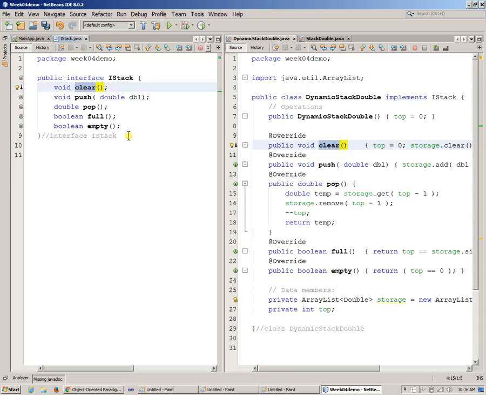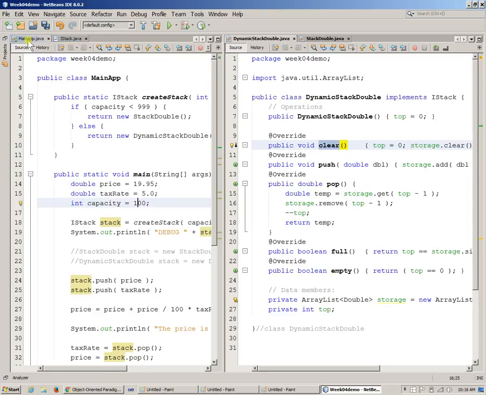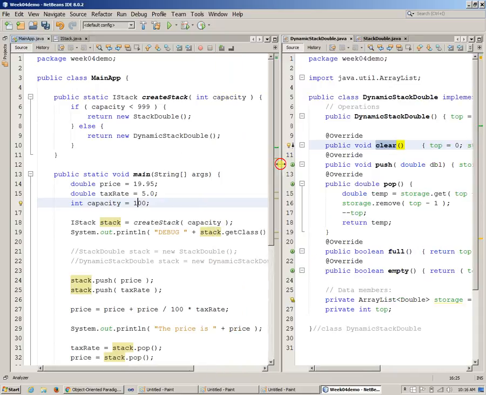Okay, just be sure of it. Okay, so that's the idea of interfaces, and I hope you find this attractive, and I hope that if you deal with